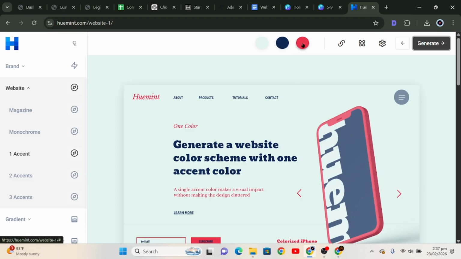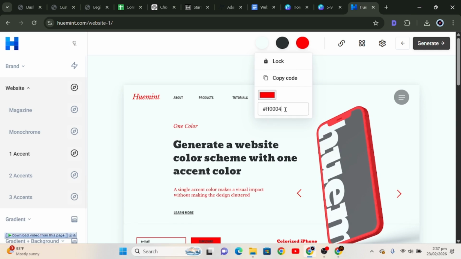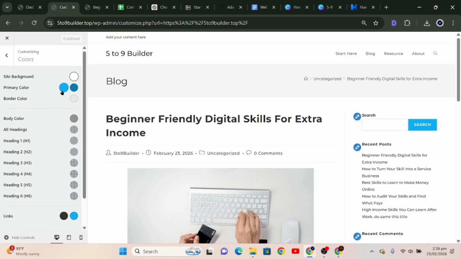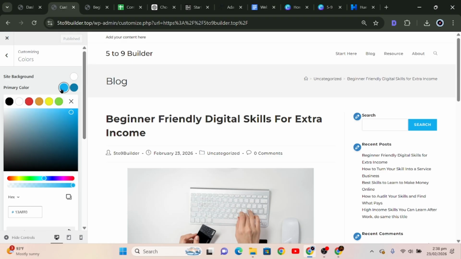Is it possible I can? No, I can't. Okay, so we will just pick this color. Okay, we pick this color, make this one 0. Okay, this is the red color I'm using. So let me use this color for the blue. I will use